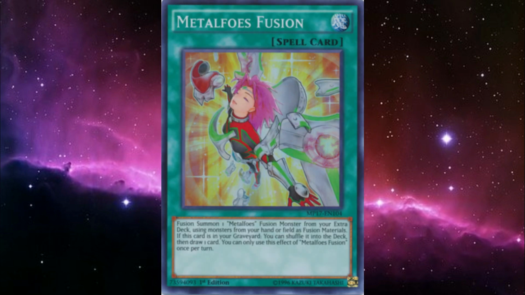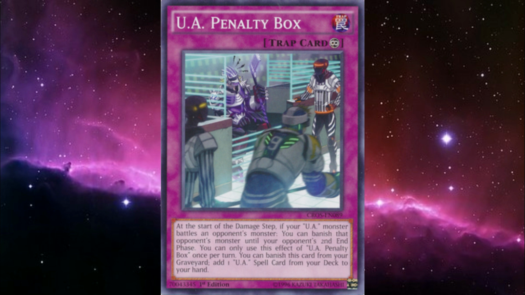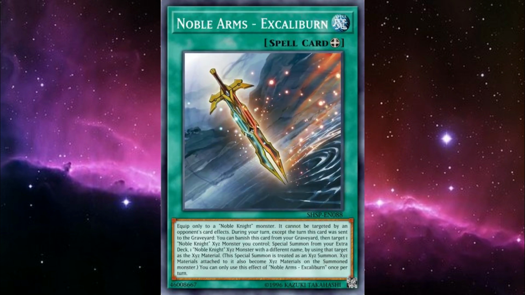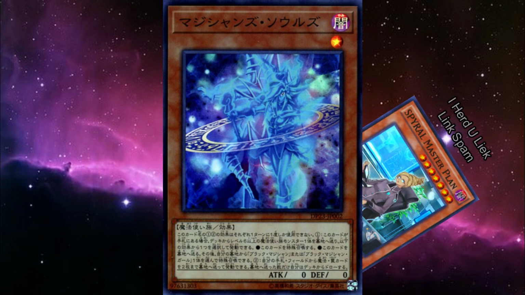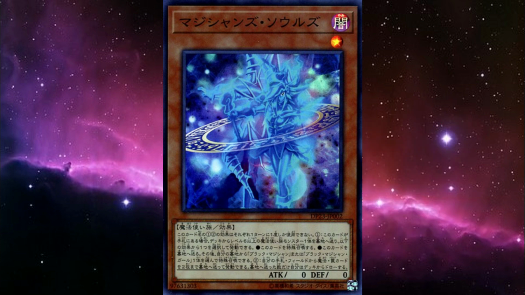Like, we've got Metal Foes Fusion, UA Penalty Box, basically all the Noble Arms, but none of them have any eligible spellcasters to make this a free summon, so you'd have to normal summon it. Ugh. Like, did the designers plan for this? Did they just make Magician's Souls as uniquely Dark Magician as possible, excluding it from just about every other playable theme except for the one archetype that typified what happens when you give a deck a slew of free materials with no restrictions. So, it's unfortunate that Magician's Souls has such a narrow range, but it is actually refreshing to see